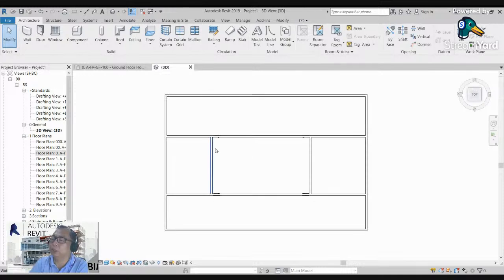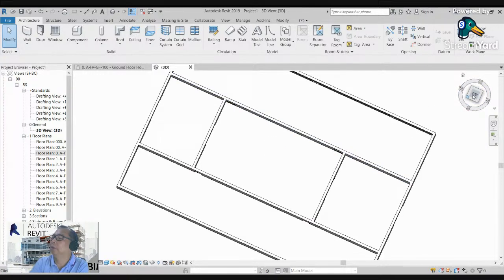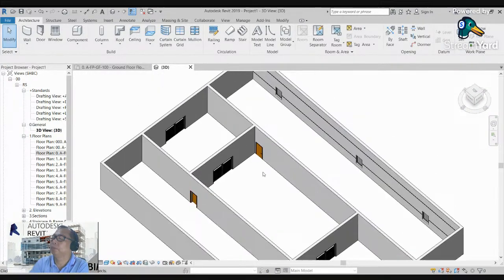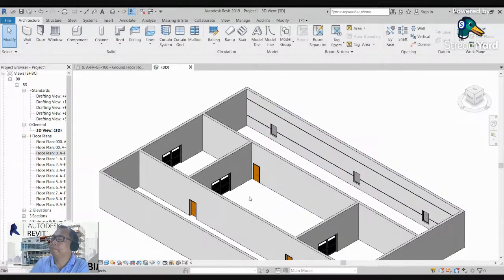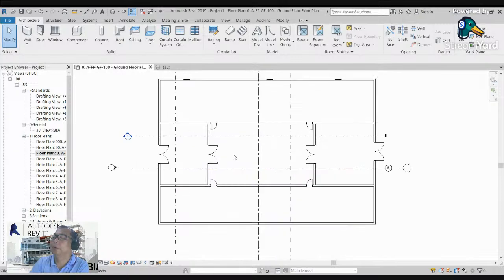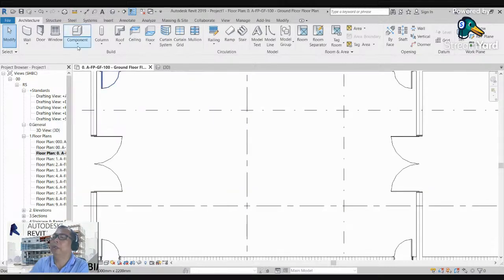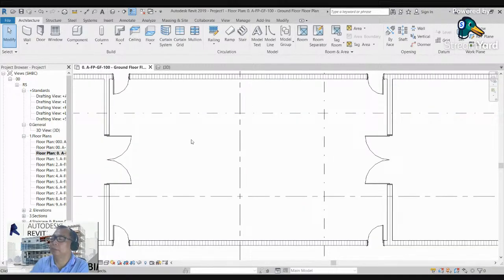You can work inside the family. So to do that, for example, I will do the table. For example, I will create here this component, model in place. I will model here the component like